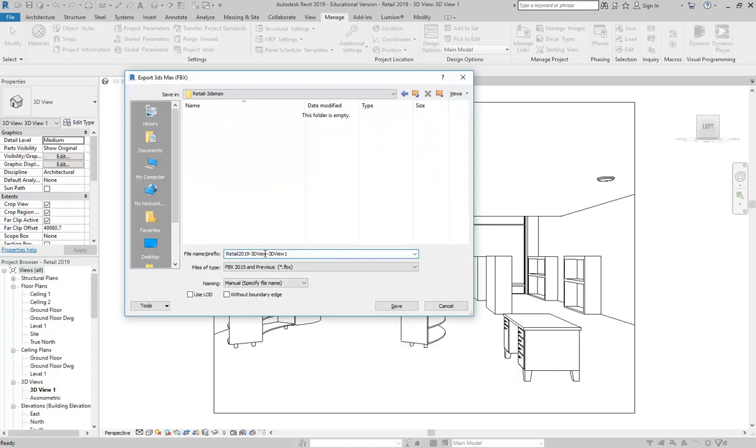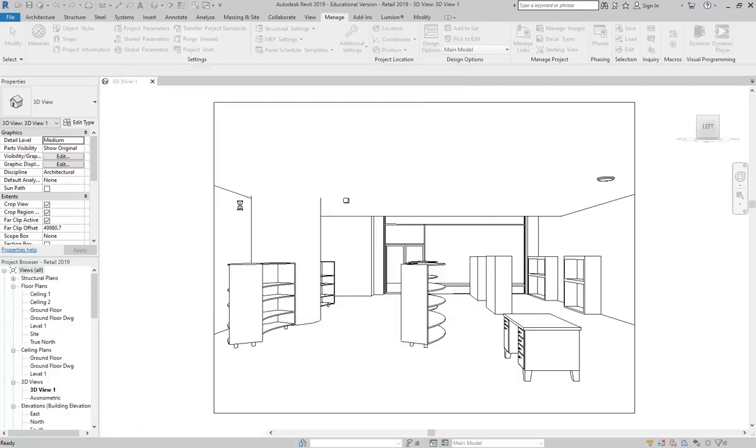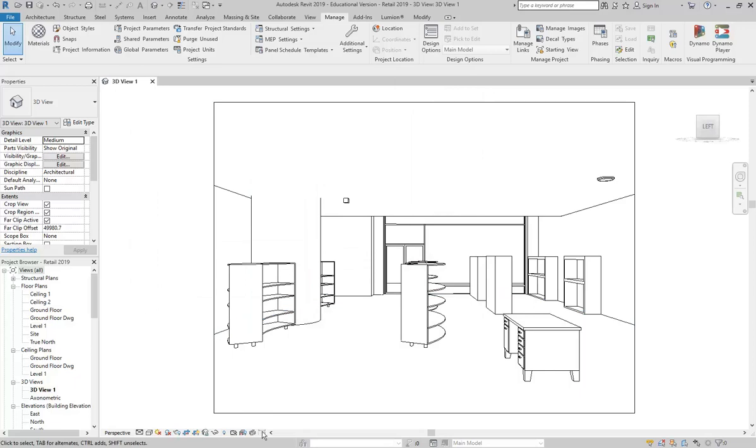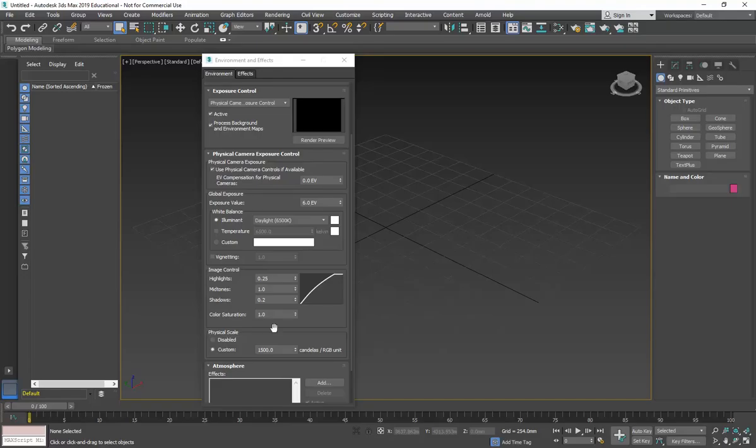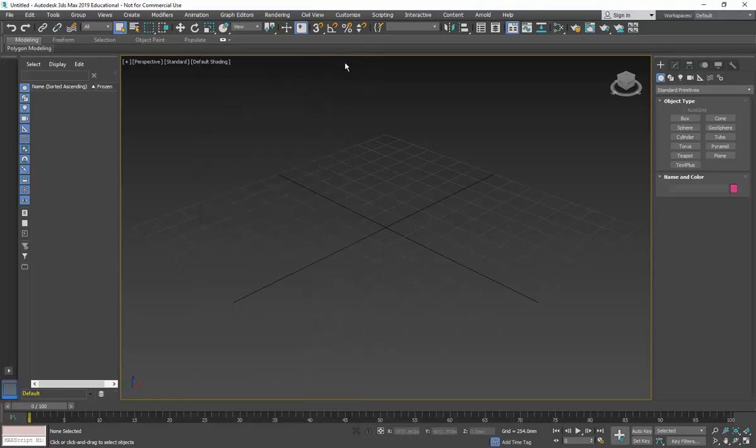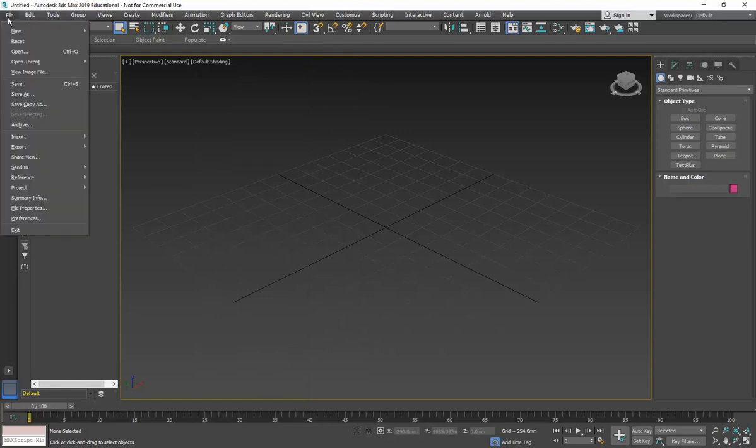And so notice the file name has the view name in it as well. So 3D View 1, I haven't renamed it yet, so that's the name of my view. You'll see why that's relevant in a minute. Okay, so now into 3ds Max. I've got a blank file already open. But if you're not sure whether you've made any changes, you can always go to the File menu and then